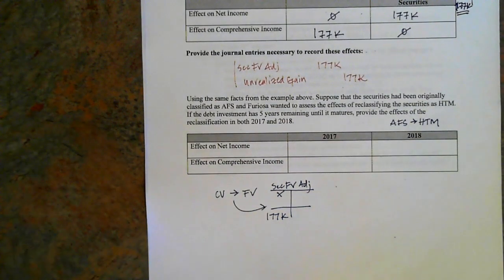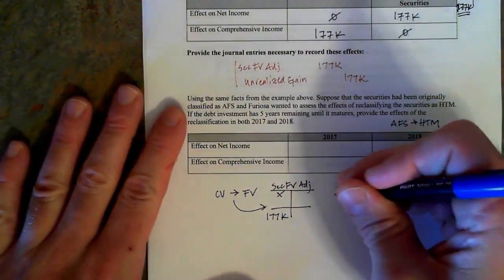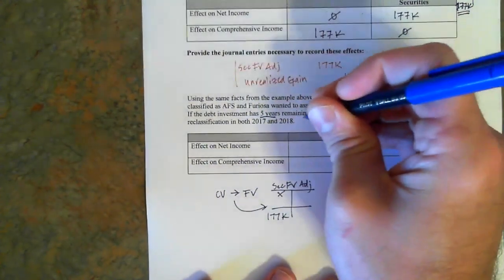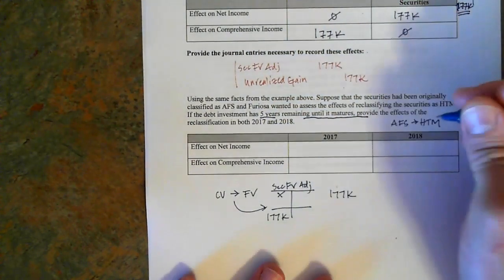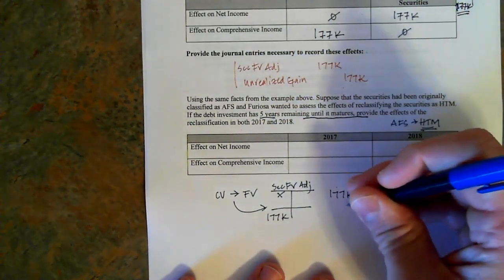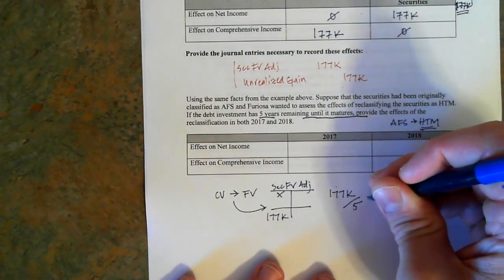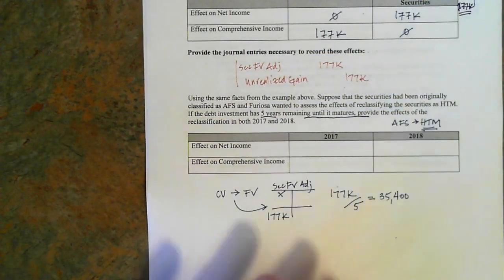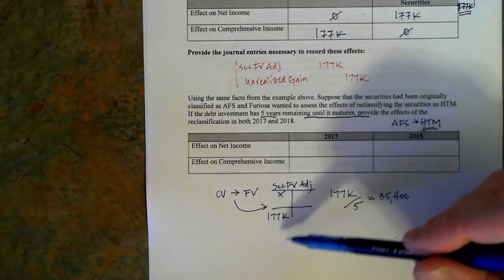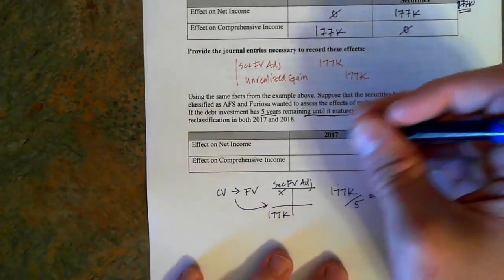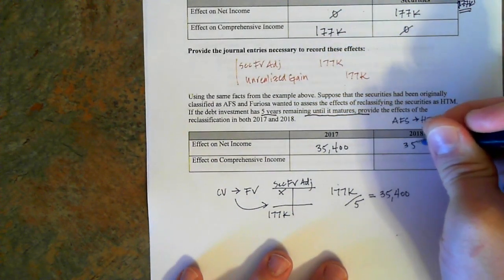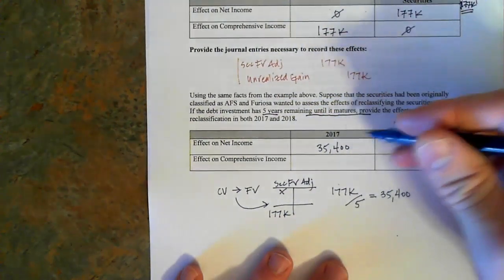So how would this affect these two items? The idea is, again, we are going to slowly reclassify these. If there were 5 years remaining until the security matures, it has 5 years to spend as an HTM security. That means we're going to break this up over 5 years, and that's going to give me $35,400. I'm going to recognize each of those 5 years. Now, this is an overall gain position. So that means it's going to positively affect net income for each year that we amortize it. We'll assume a full year effect in the first year.